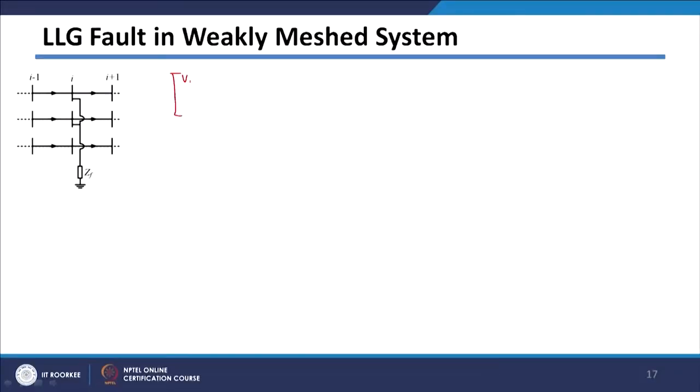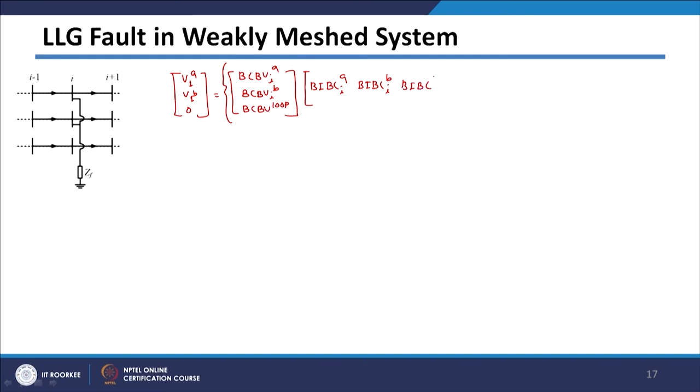It will be V1A, V1B, 0 will be equal to BCBV corresponding to A, BCBV corresponding to B, BCBV corresponding to loop forming branches, which will get multiplied with BIBC corresponding to A phase, BIBC corresponding to B phase, and BIBC corresponding to loop forming branches,